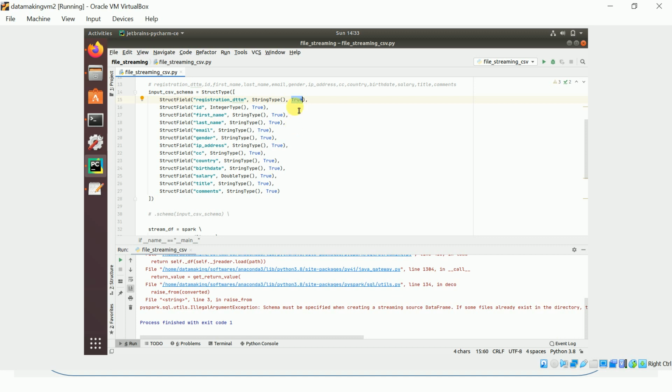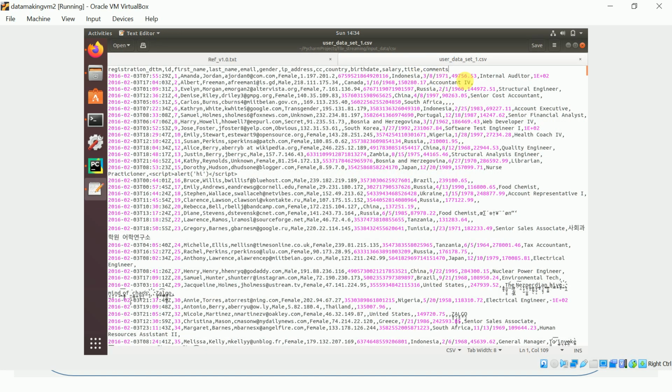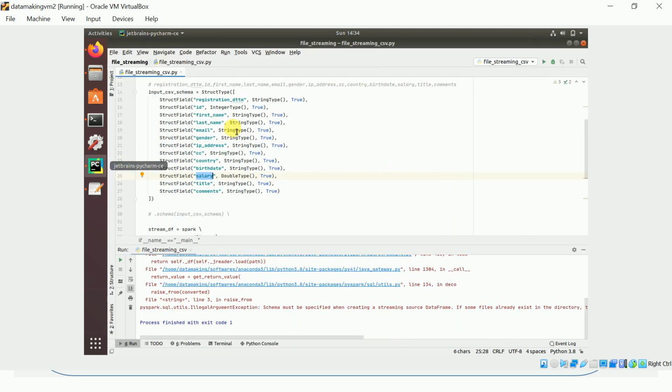For simplicity's sake, I'm giving true. The id column is an integer column, first name is a string, and salary has a decimal point, so I gave double. For decimal values you can use double or float. I am using double.